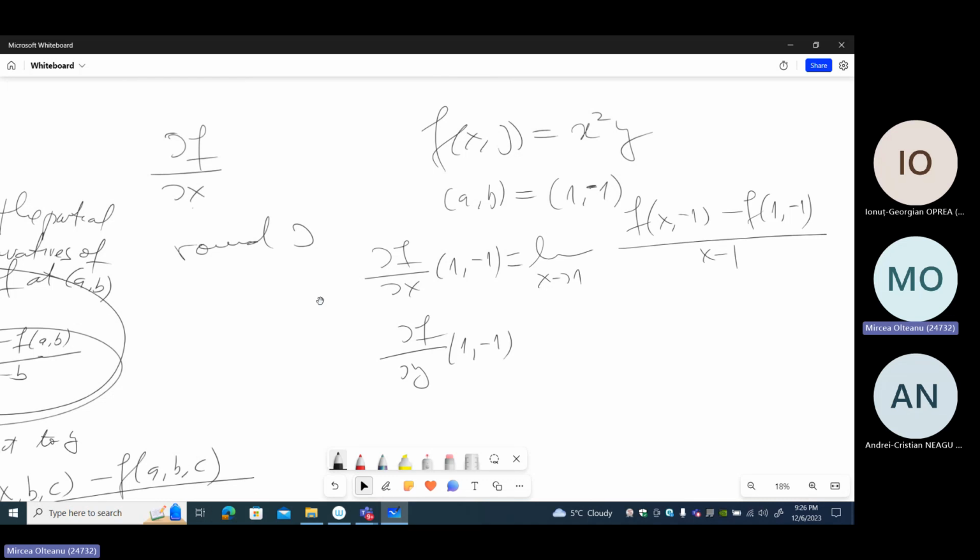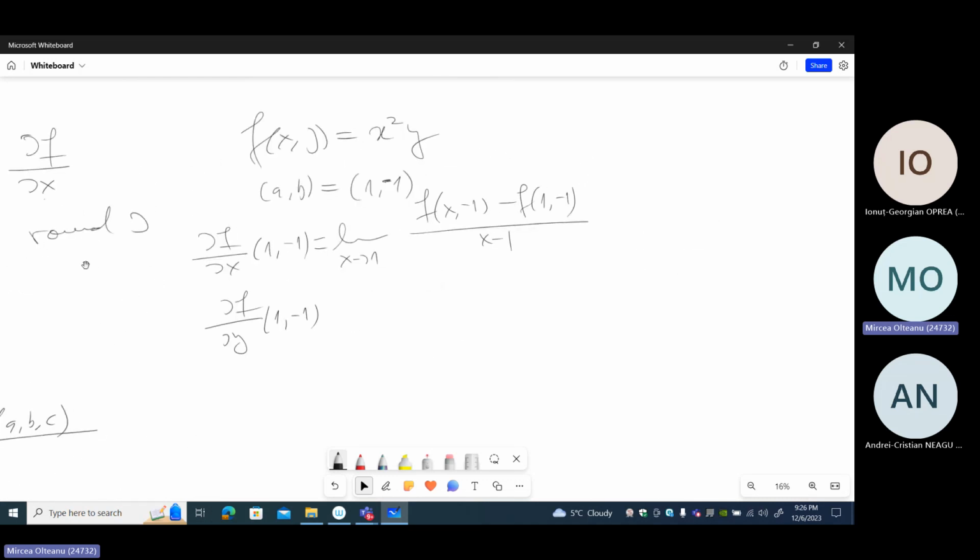This is according to the definition. And now we need to compute this limit, which is rather simple. It's like a limit of a function of one single variable. So here f of x and minus 1 means x squared times minus 1, so that is minus x squared. f of 1 minus and minus 1 is minus 1, so plus 1. And this limit, which is 0 over 0, can be simplified